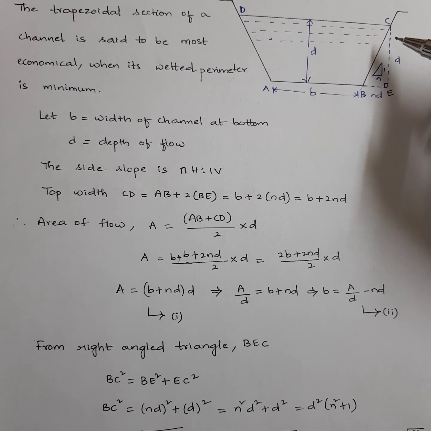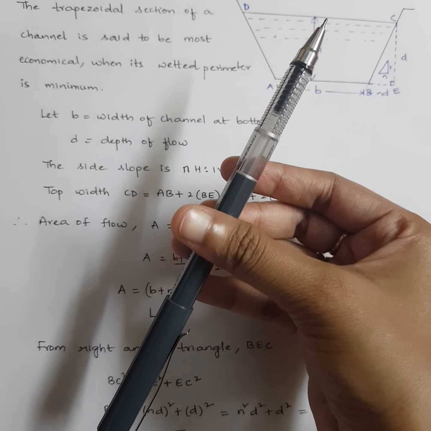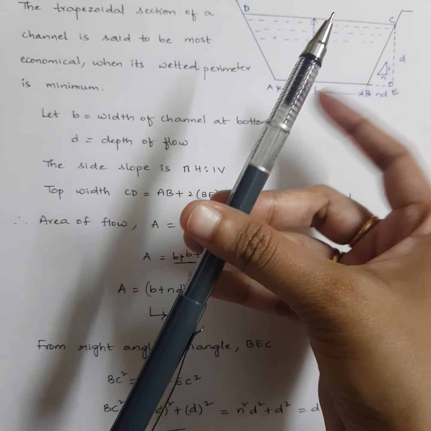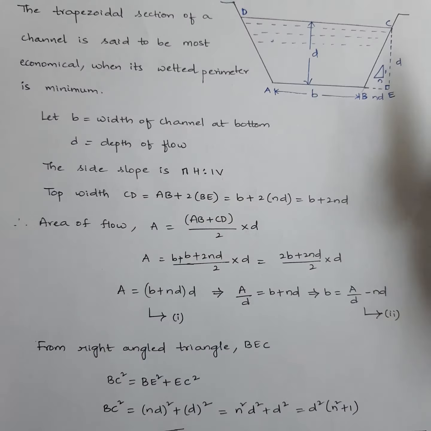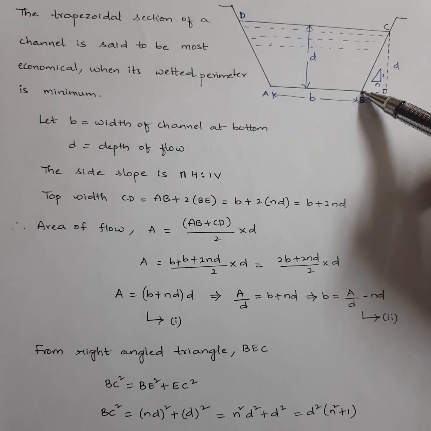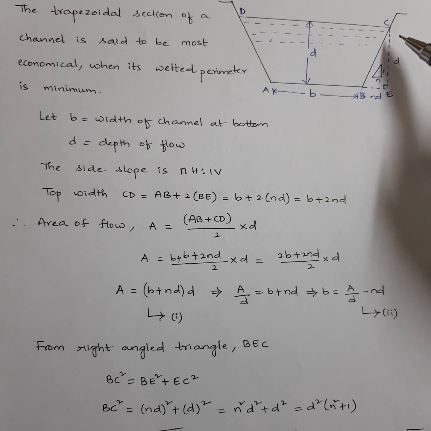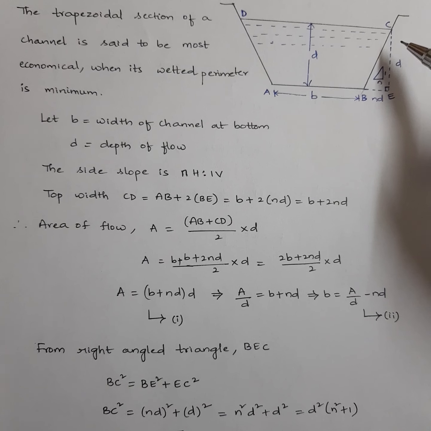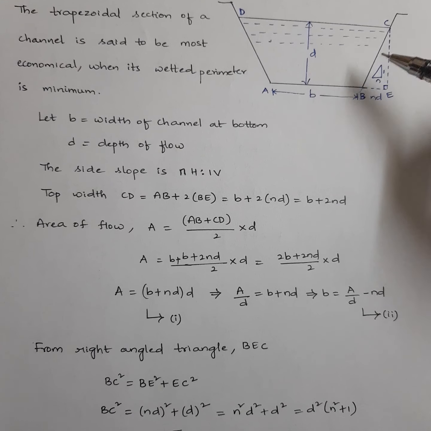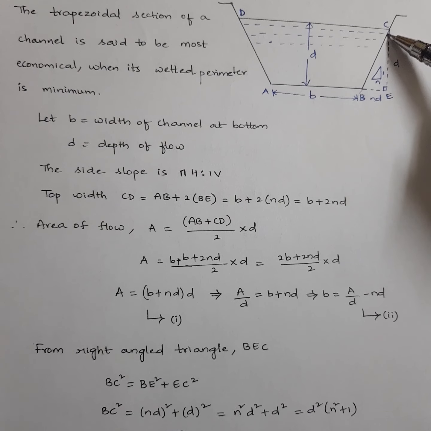There is a difference between distance and slope. With how much inclination the side BC exists with respect to the horizontal is given to us, but the length of BC is not given to us. So let's calculate the distance BC. How? Now observe, BEC is a right angle triangle, so you can apply the Pythagoras theorem. You know the Pythagoras theorem, right? Hypotenuse square is equal to side square plus side square. So BC square is equal to BE square plus EC square.